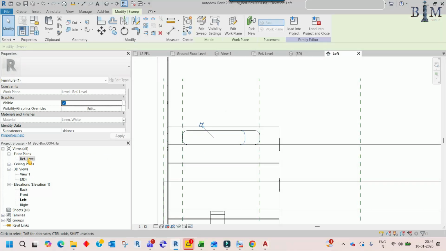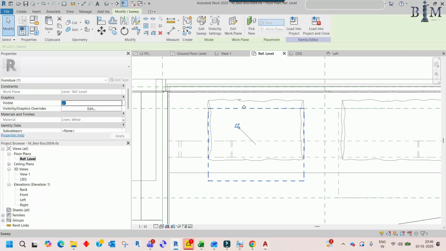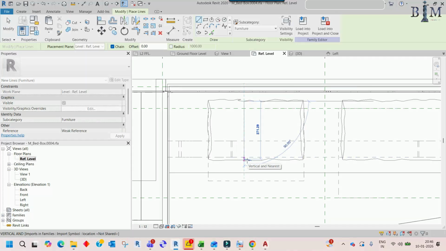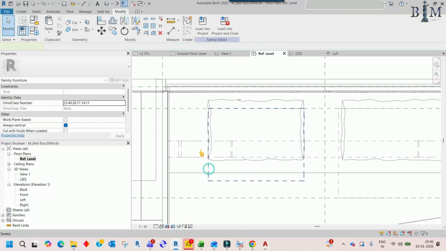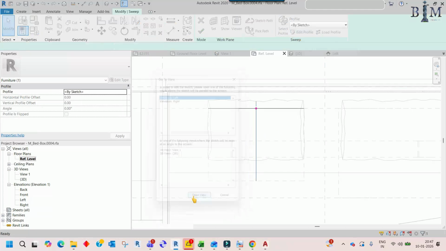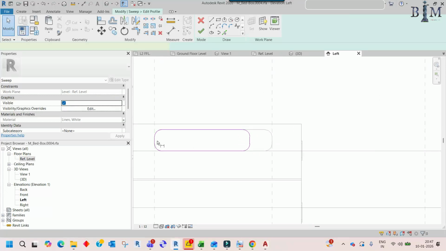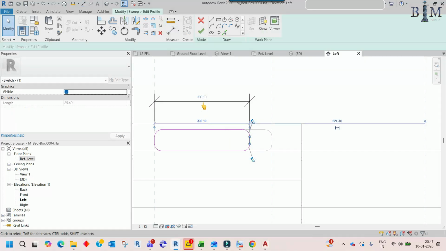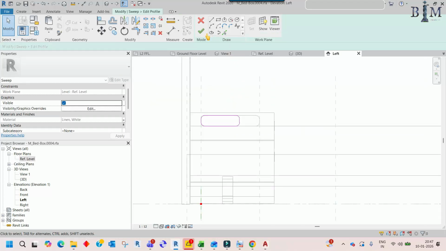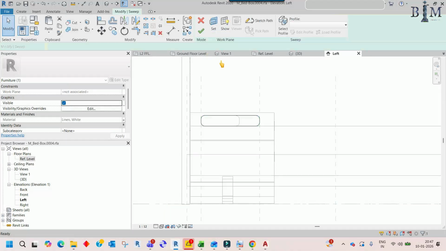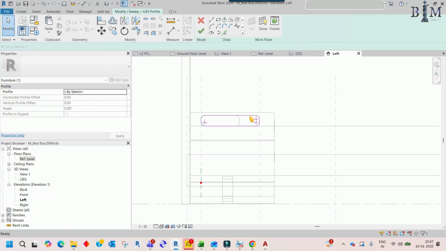Okay, so let me check again, and it should be DL or LI, and from here up to this 271. So 271 I can, so edit sweep again and select profile and edit profile, and left 271 I can take. So DI from this edge to up to this, so here 271, 275 you can take, and here delete the dimension and finish it, and again finish it, and here also edit sweep, and here select profile, edit profile, and